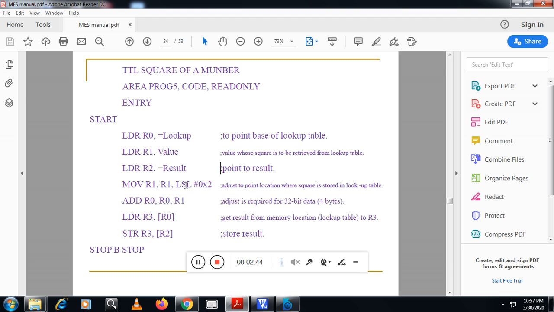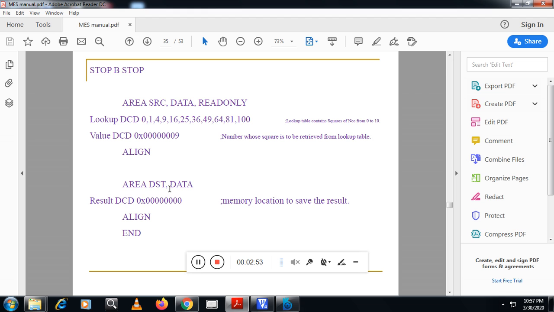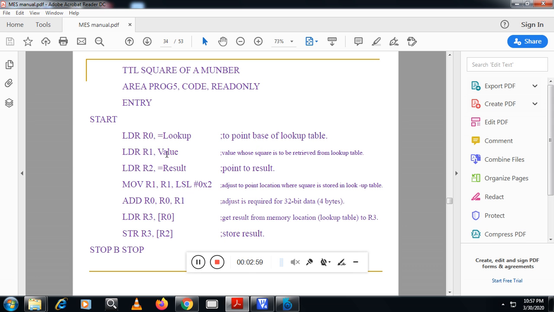That is, the value in R1 will get left shifted by 2. What is there in R1? You see here, R1 actually contains the value 9. The value is mapped to R1, 9.